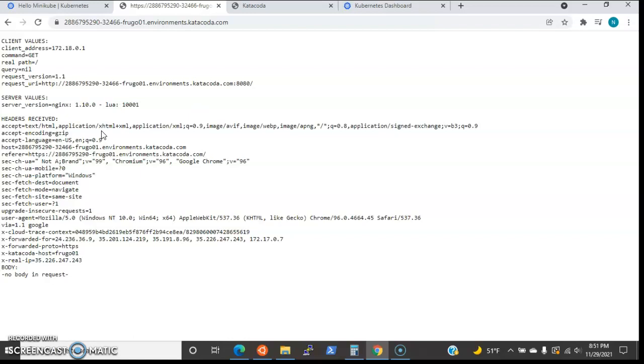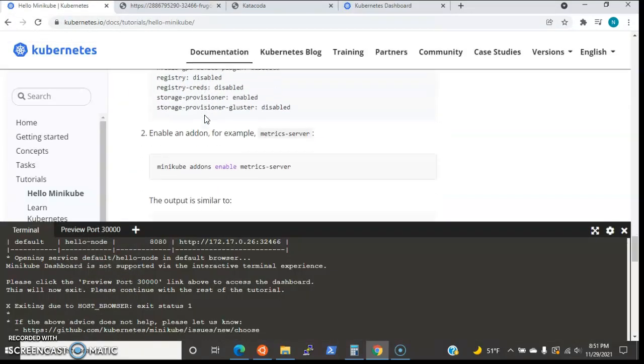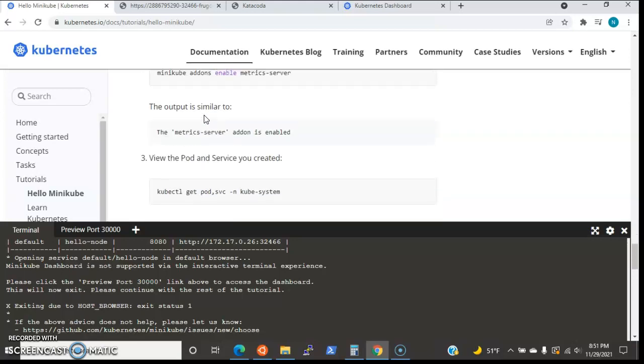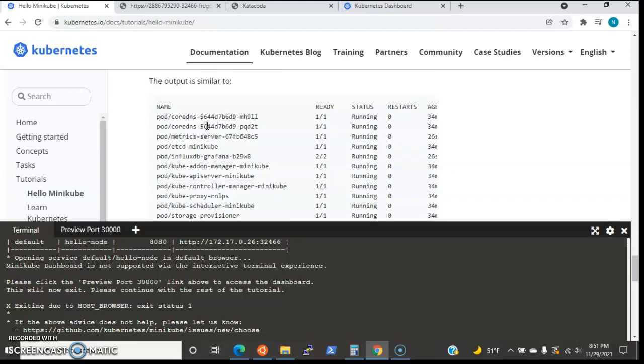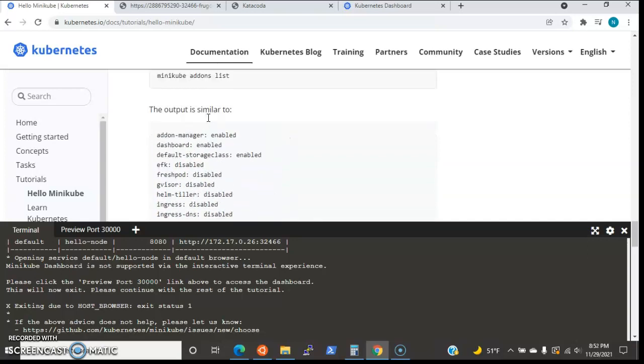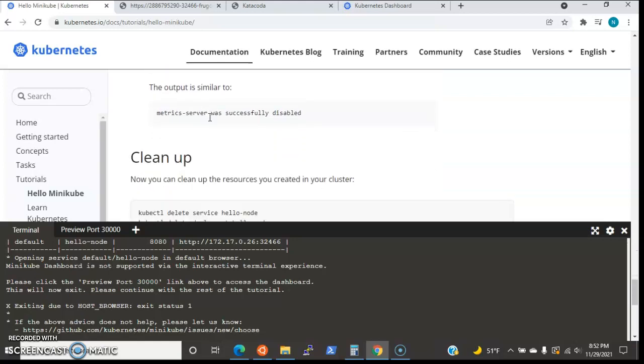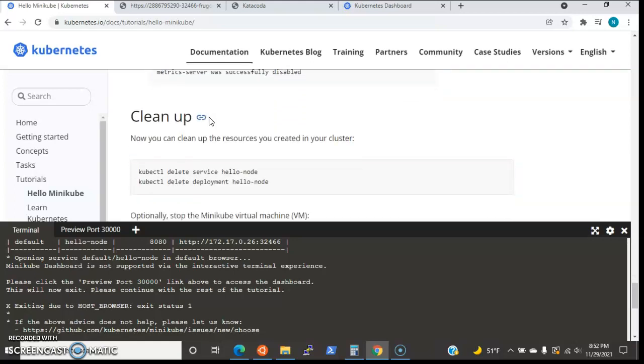It's not very impressive, but this shows the regular text of what an app would actually look like with Kubernetes. You can also add on different add-ons as well on here, such as a metric system, and they have a whole list of different add-ons you can use for Kubernetes if you wish. But for the purposes of this video, this is basically a very brief synopsis of how a real version of